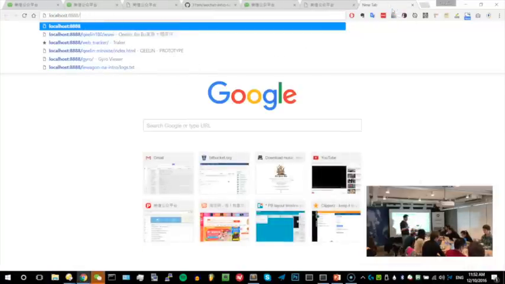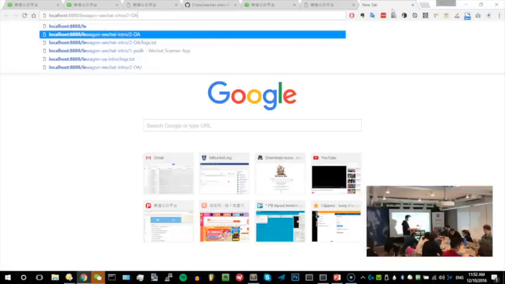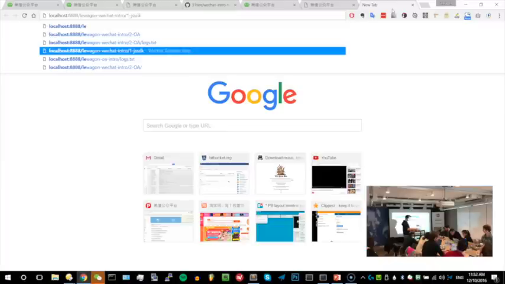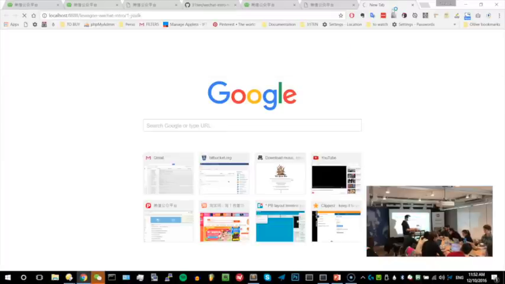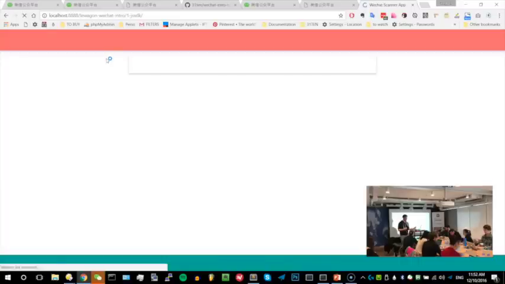Localhost means I'm talking to my own computer, and 8888 is a common port. After that comes the name of my subfolder, and then I access the JS-SDK subfolder directly. That's the way to run your code.